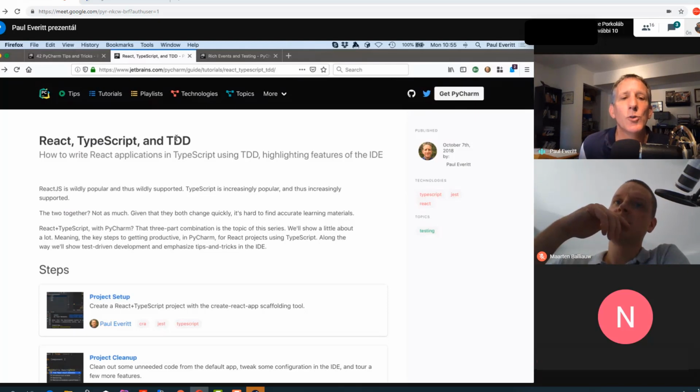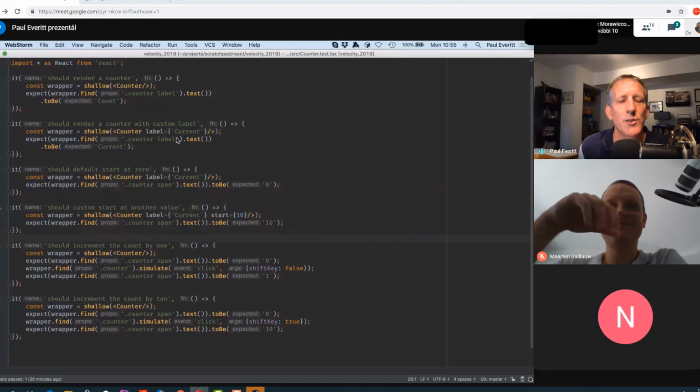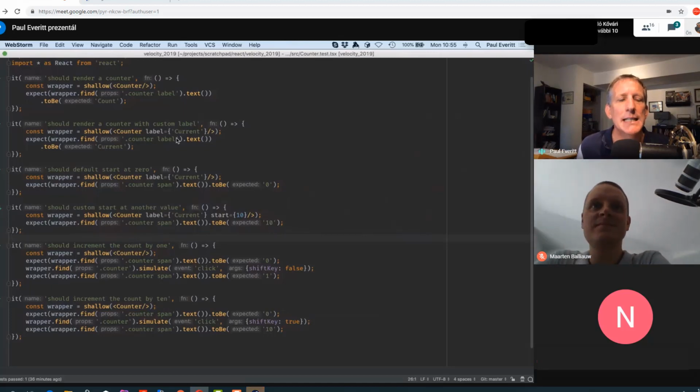life is too short to write your code, go to a browser, click around the universe, and see if everything still works. You should do testing not because you should eat your vegetables. You should do testing because it's a faster way to work. And in the React world, there's something called Jest, which is testing without a browser. It uses a fake DOM called JS DOM.